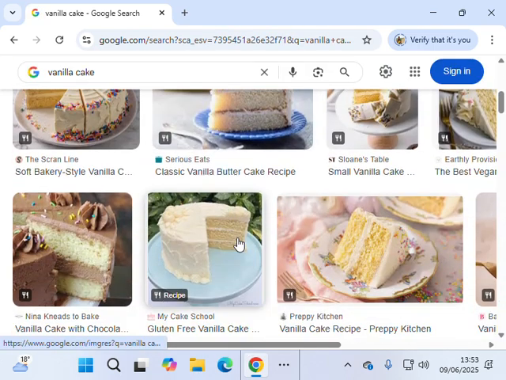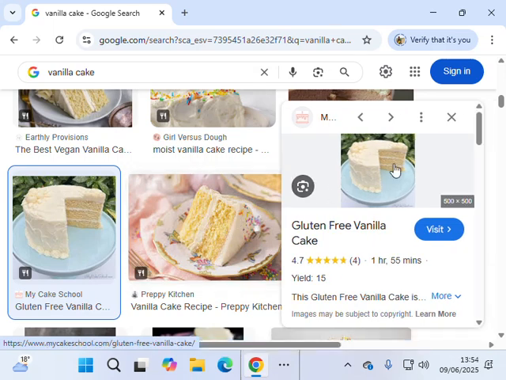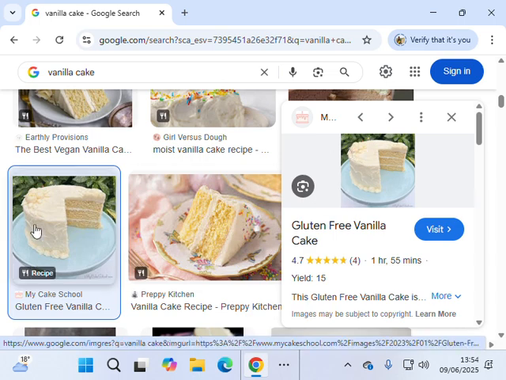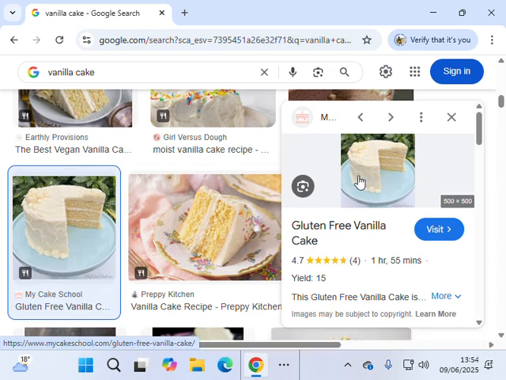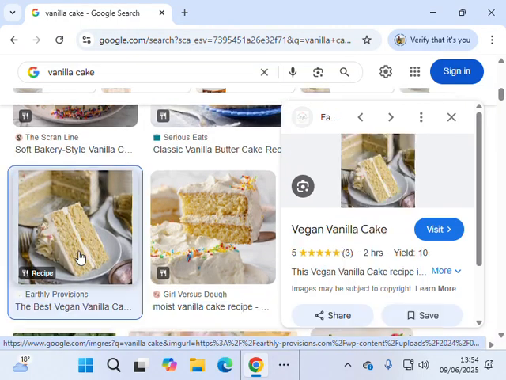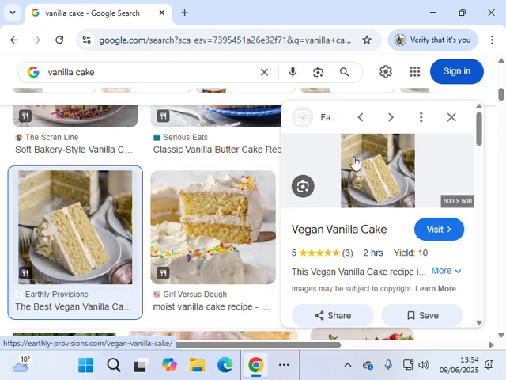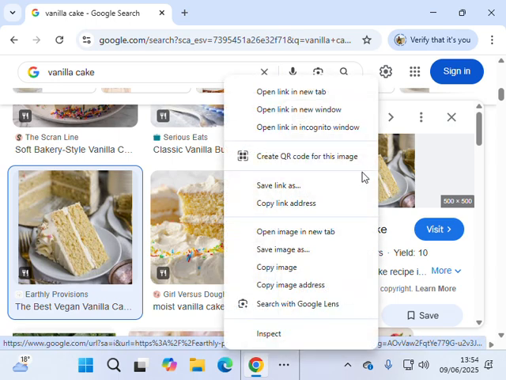There are plenty of images. Let's say I like this image. So I click on that image just once. And then I go to the right side, where you see the preview of this image. But this image is smaller. Let's try with another. Okay, let's say this picture. I move to the right side where you have a preview of this picture. You do a right click and then you say